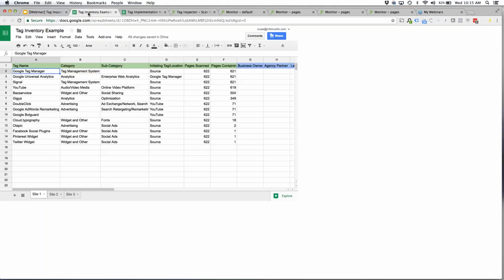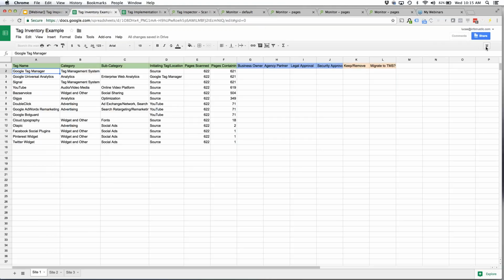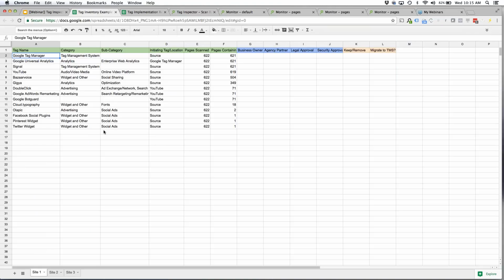The first thing, and this is just piggybacking on that idea of the inventory. So I just quickly threw together an inventory example. Like I showed within the slide, you can have your tag name, your category, your subcategory, initiating tag, so where is it being loaded from? And then coverage, how many pages is it on? But also then adding in this additional context to your inventory report. So who's the business owner? Once you run a Tag Inspector scan, you can fill out these first A through F columns,